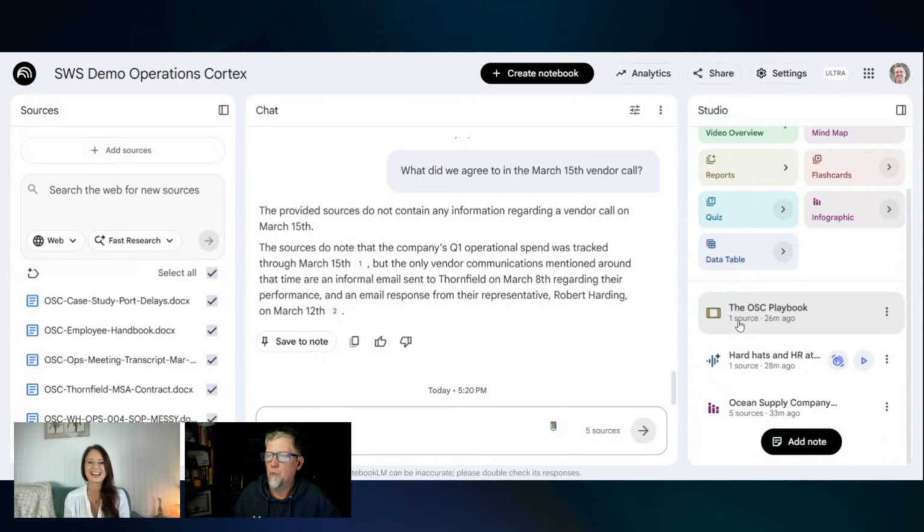So what if in your operations notebook you had an employee handbook? I probably would have put this in HR, but let's just say your employee handbook was in the operations cortex, because it doesn't really matter for purposes of demonstration. What if you could give a new hire, instead of giving them this book where they're going to brush the dust off it,